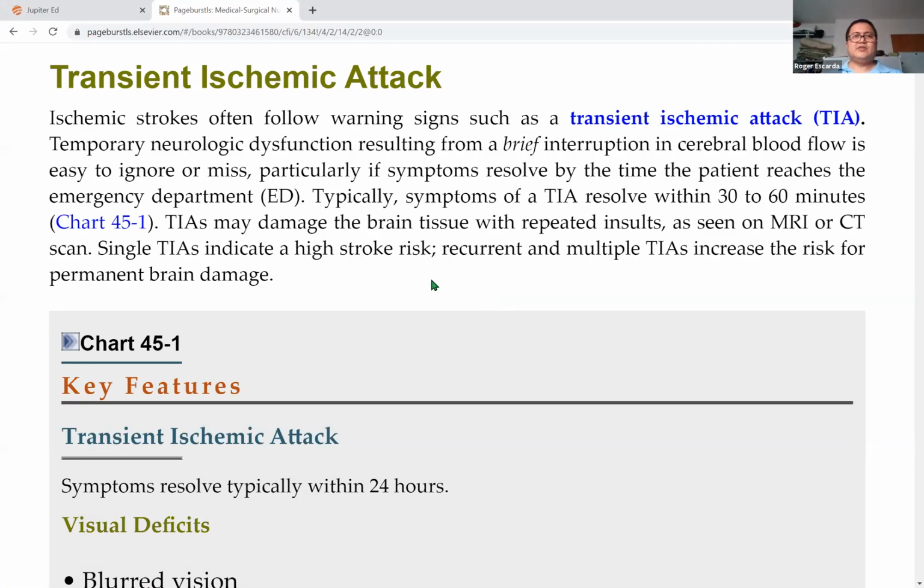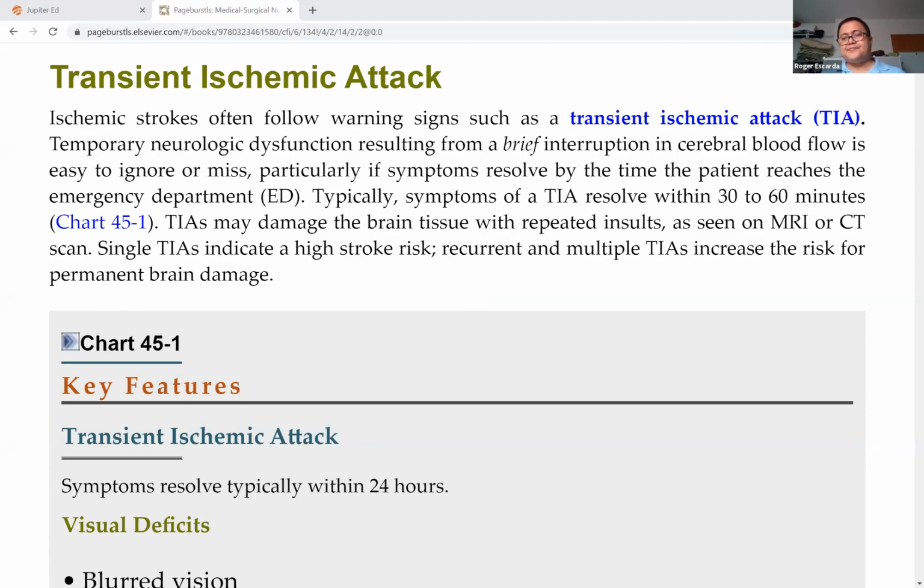All right, so let's go now to a stroke patient. So this is just a different form or a different cause of increased ICP. There are two types of strokes. Before that, let's do TIA first. Now, if you remember the concept of atherosclerosis, which is the same risk factor here for stroke, they share risk factors with